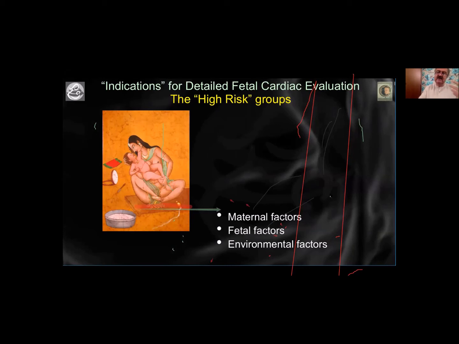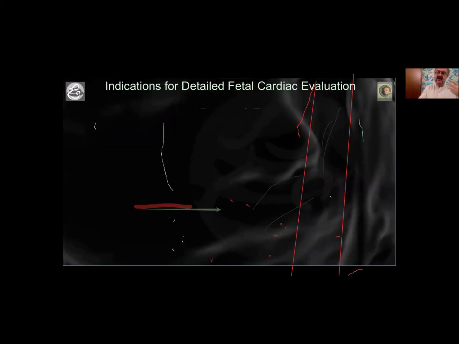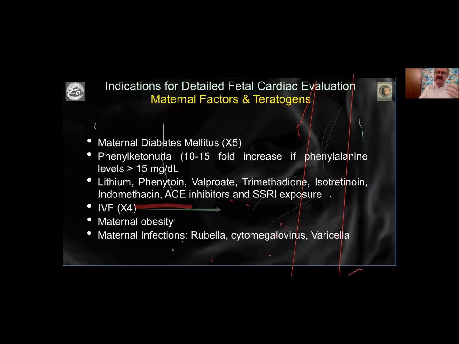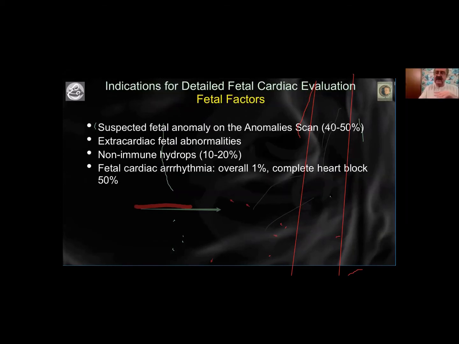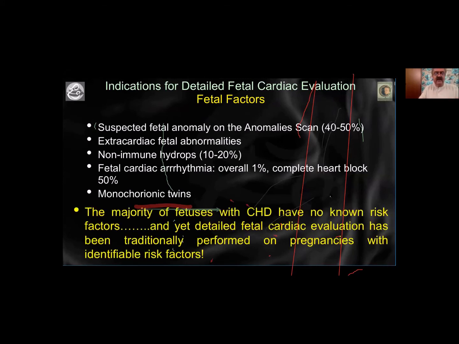Remember that it's not just about high-risk groups. It's also about realizing that all these things can be drug-induced. So a drug history is very important. Diabetes is very important. The background of IVF and obesity is important. Infection is important. Then fetal causes, any finding in an ultrasound scan should say, okay, I need to look at this much better. And yet, remember that